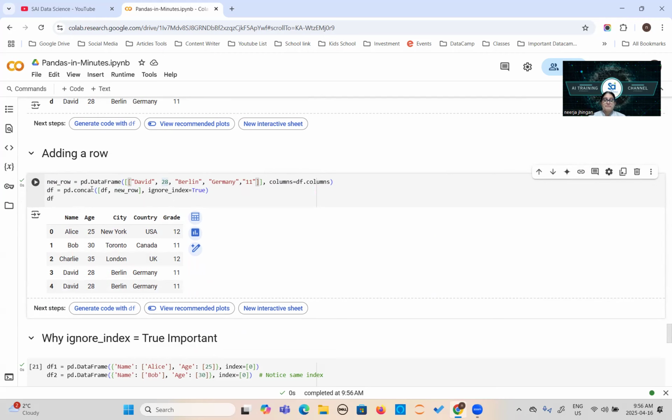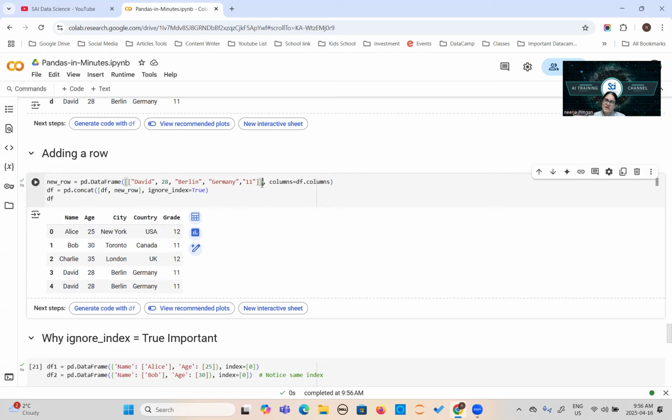So what is the difference between adding a column and rows? In a column, it is easy to add. You just declare the column name and you just pass the list of values to it. That's it. But if you want to add a row, you need to create a new data frame with the row. And don't forget to add these double brackets. You can try what kind of error it is throwing if you're not using the double brackets.